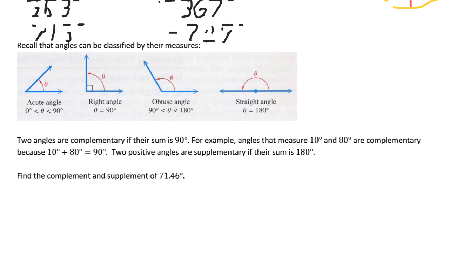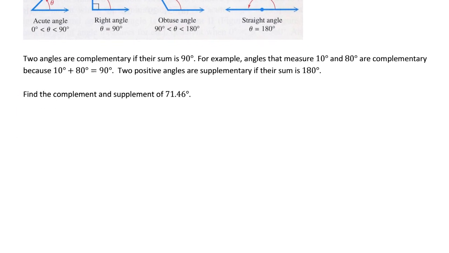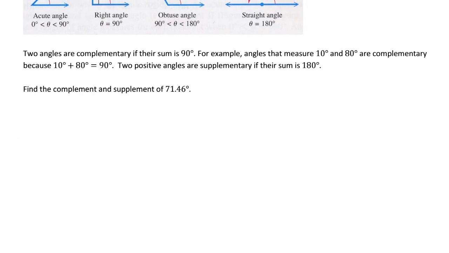Two angles are complementary if their sum is 90. You should remember this from geometry. So a 10 and an 80 are complementary because they equal 90. Two positive angles are supplementary if they equal 180. So I want you to find the complement and the supplement of